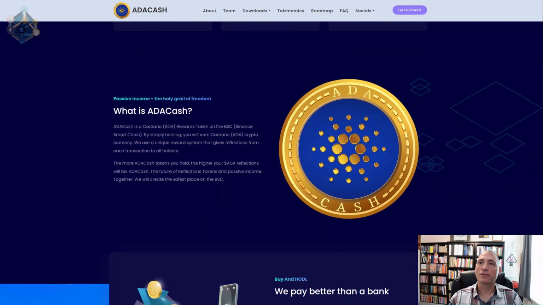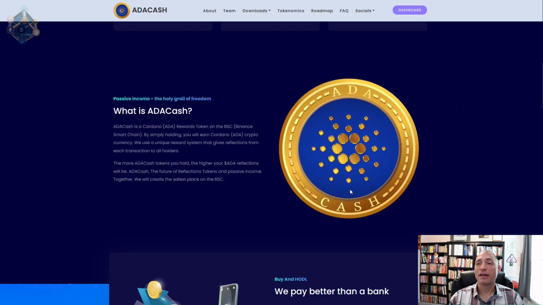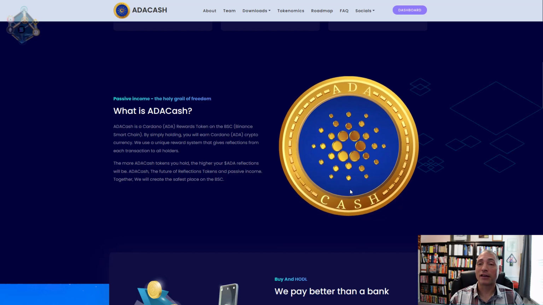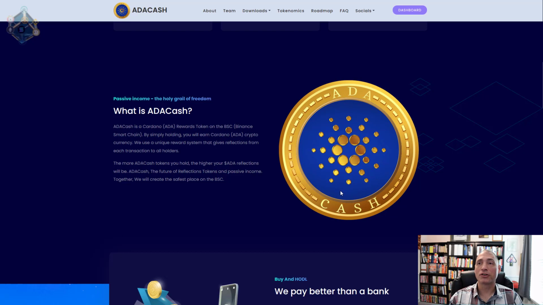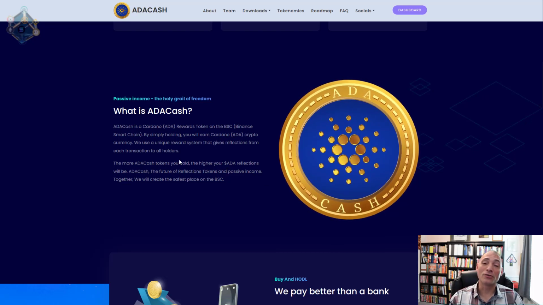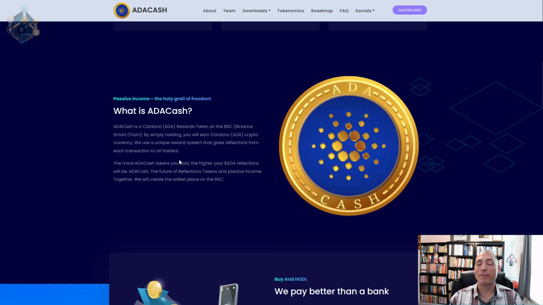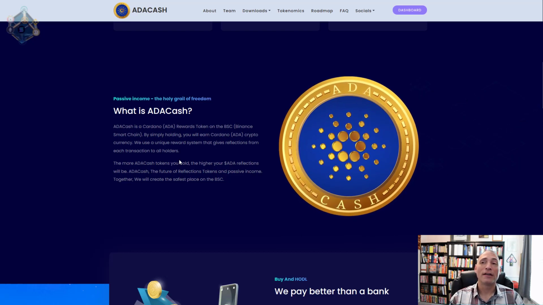And let's keep going down. And like many tokens that are out there, you get reflections, and this time you're not getting reflections in the original token. So if you own ADACash, you're not getting ADACash back. So by terminology, they would call them rewards because you're going to get ADA back, which is similar to a lot of other new tokens out there, like Evergrow coin is doing this exact same kind of thing where they're getting Binance pegged USD. The difference being is that ADA is not pegged to $1,